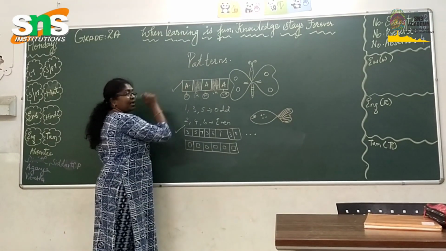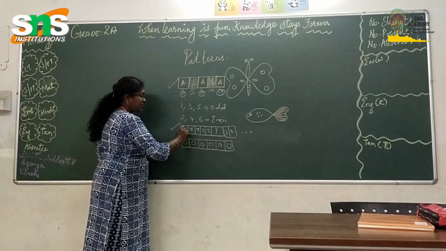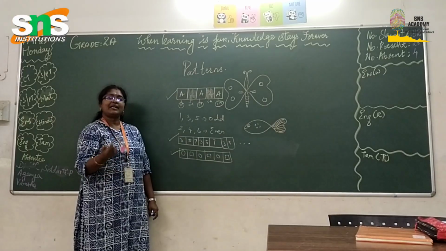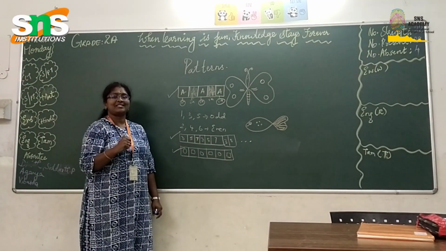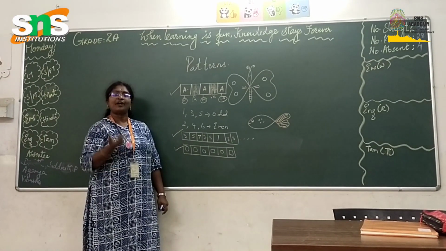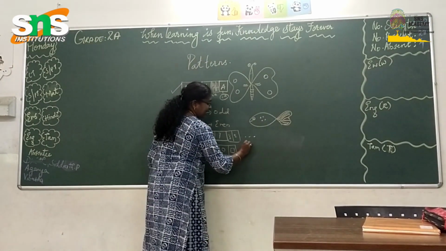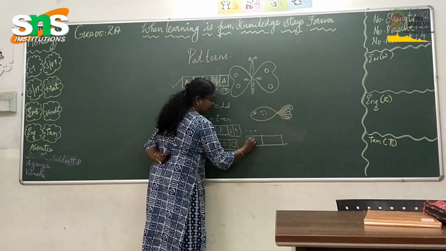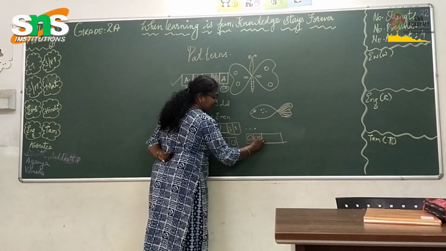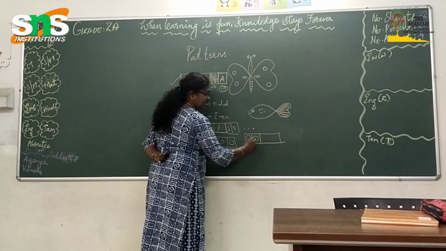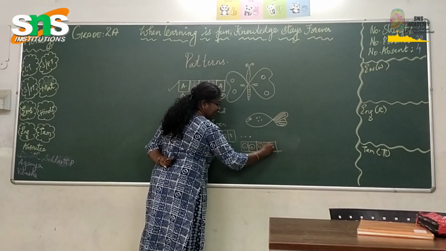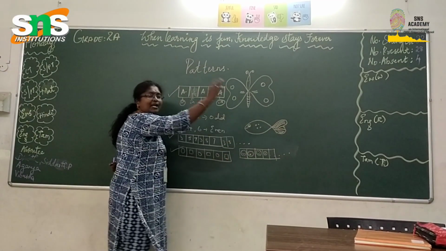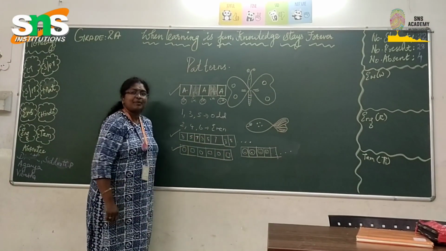So, we have seen patterns in letters, in numbers, and even in shapes. Next, ma'am, is it anything like drawings? Of course, you have patterns even in your drawings. For example, I have taken a small box. I have taken one smiley face as a smile first, and second will be an angry face, and again a smiley and an angry face. See, it keeps on continuing. It goes on and on, and this emoji continues.